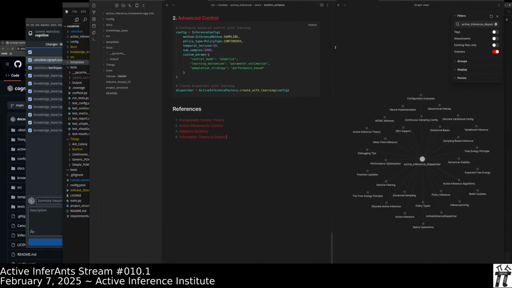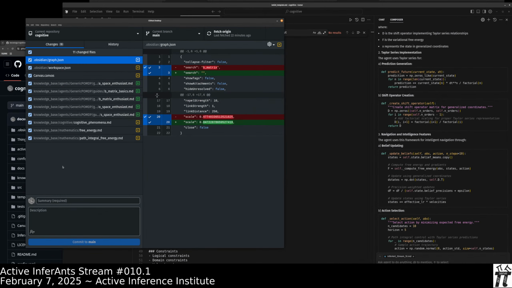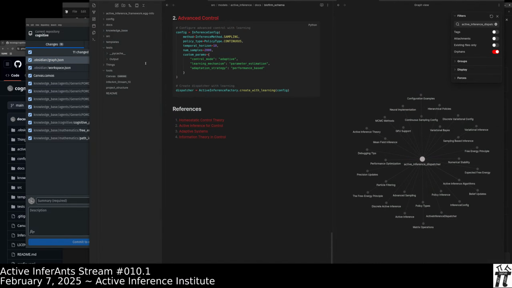Obsidian, maybe there's some way to configure it differently, I just don't have it set up right now, but it doesn't display Python files. So here we can see that in the tests folder and in the GitHub repo, all the files are there, but Obsidian focuses on the markdown. So pros and cons to that, but it's all good.